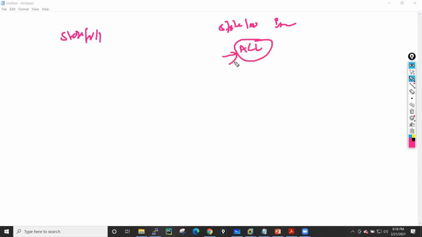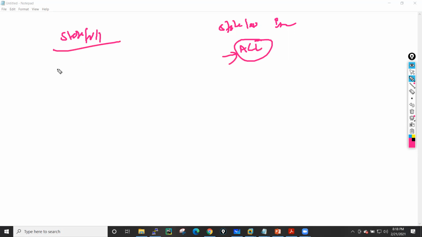Now in interviews, they will ask what is stateful inspection and what is stateless inspection. You have to give the example: whenever we configure an ACL on a router, this is an example of a stateless firewall.